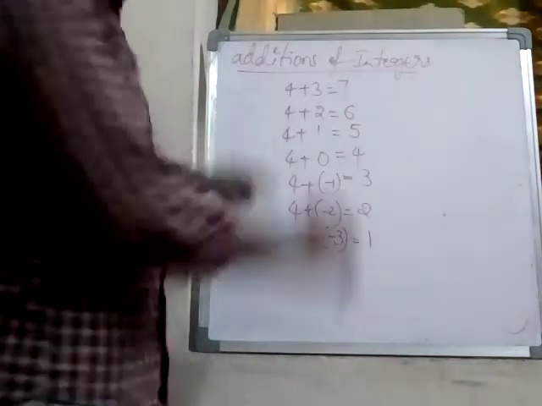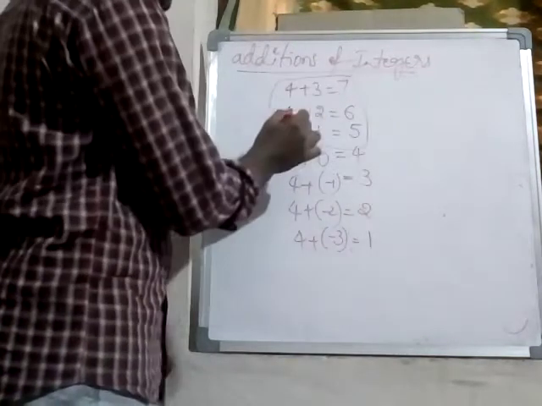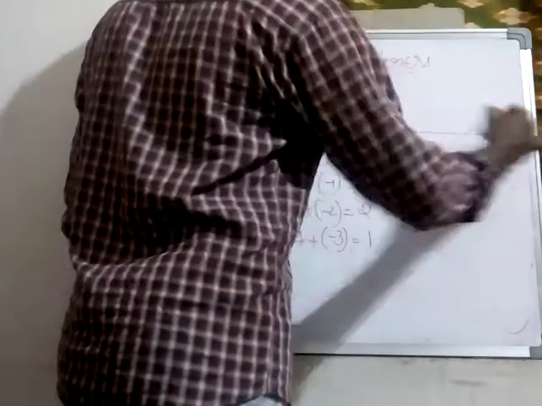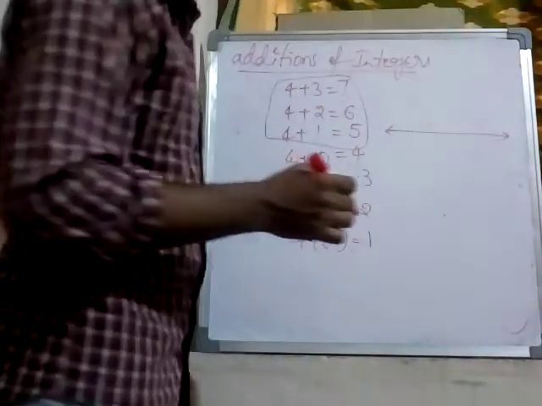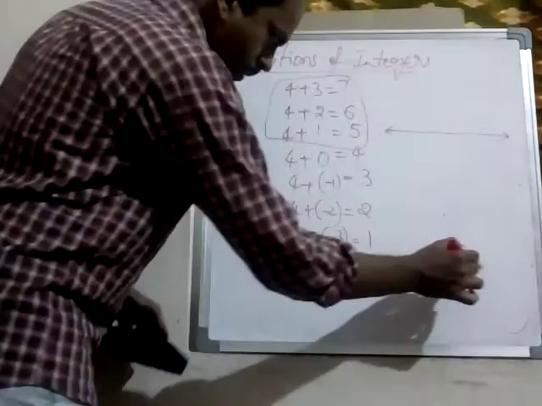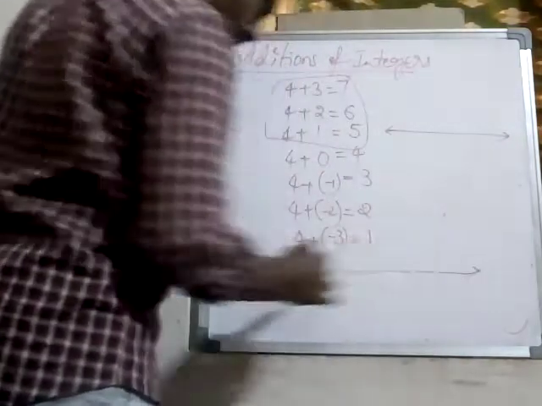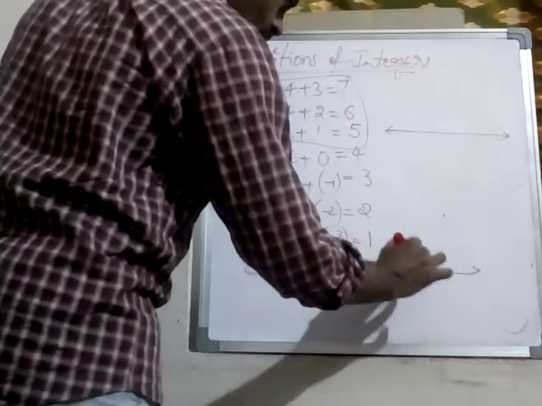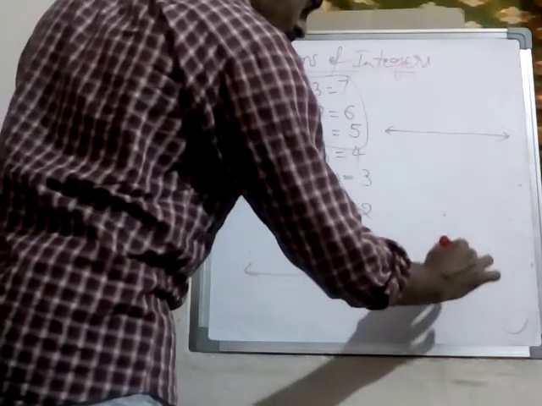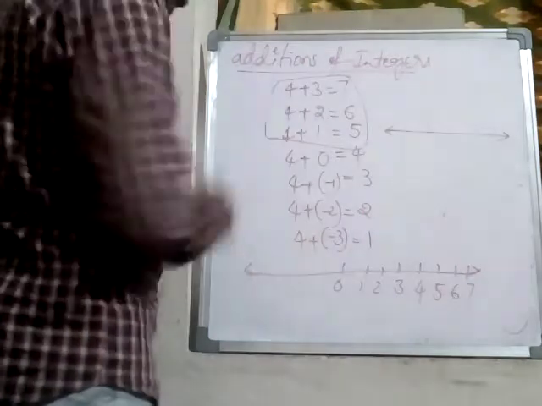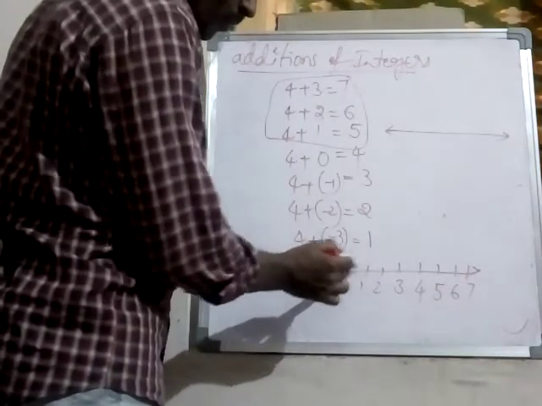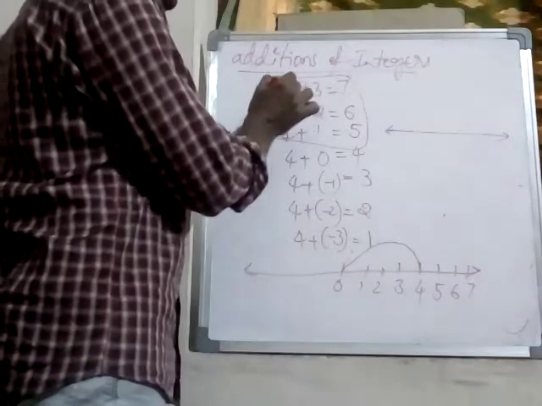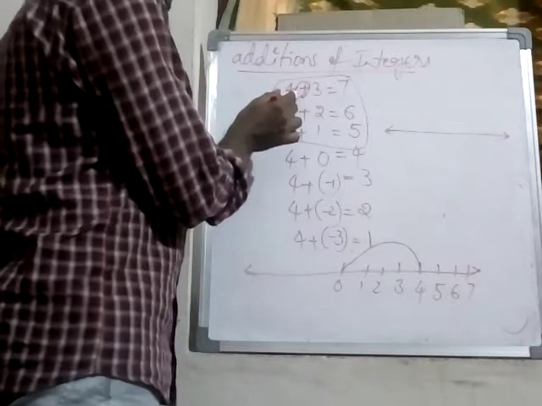So if you take positive numbers here, we add a positive integer. If you add a positive integer on the number line, this is the number line. I will try here. So this is the number line, 0, 1, 2, 3, 4, 5, 6, 7. So 4 means 4 units, starting from 0: 1, 2, 3, 4, 4 units. The first one is 4. So this is positive addition. Addition is positive. So add a positive integer.